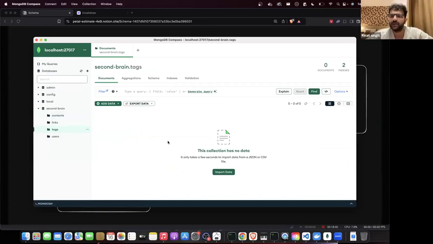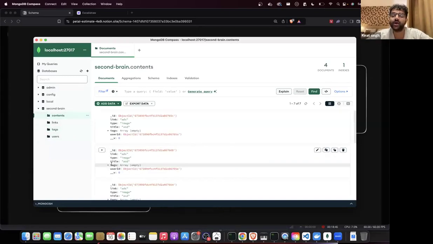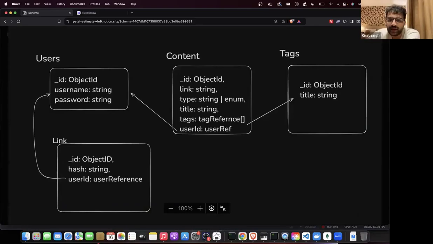There is no data here right now, but as we add more and more tags, the tags entry in content is an array of foreign keys. Whatever is written in tags is an array of tag references. Each one of the elements of this array would be an ID pointing to something in the tags table. It will not be the actual tag. It will not be tags is productivity, politics. It will be tags is 1, 2, where 1 is an entry over here, 2 is another entry over here. That is what this foreign key is.